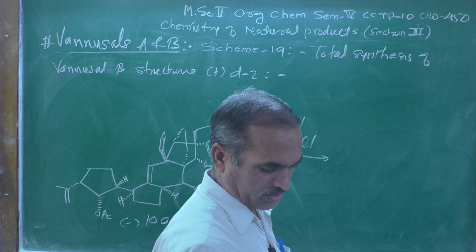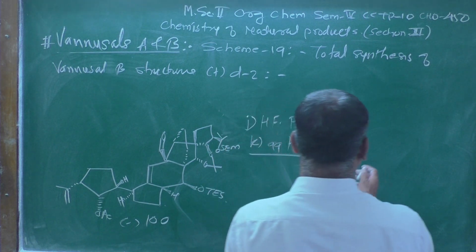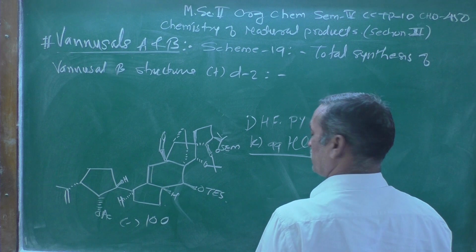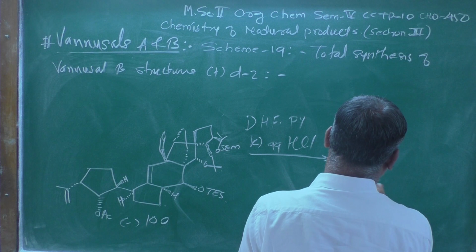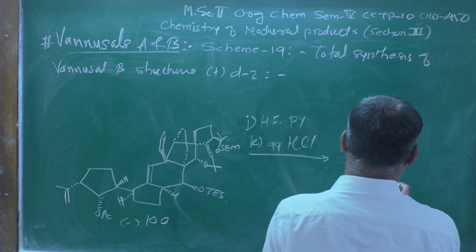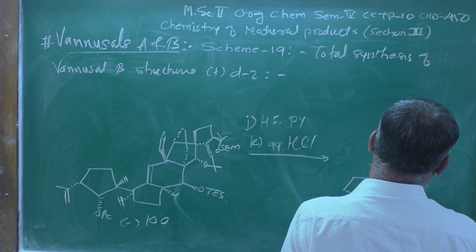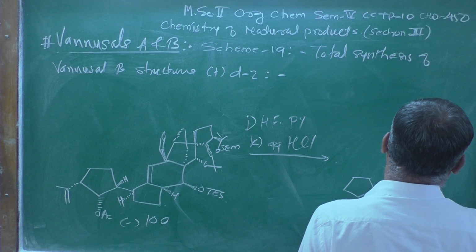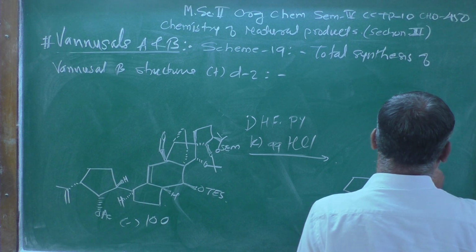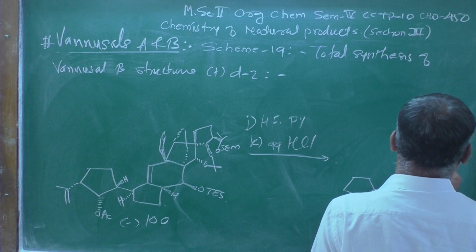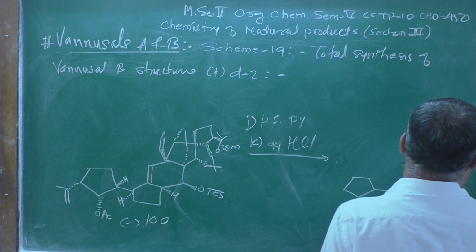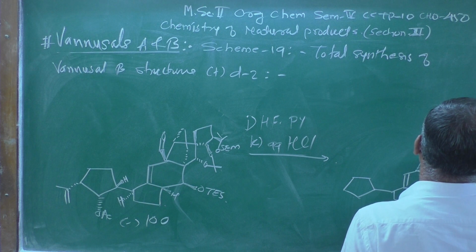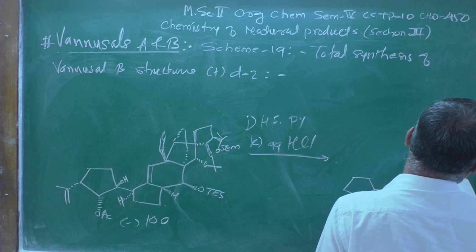After the addition of all these reagents, what are you going to get? You are going to get the structure which is a D2 diastereomer of Van B, and which I am going to represent over here. You can observe this structure carefully. So, this is the structure I am representing over here. This is a 5-membered ring joined over here like this. This is another 5-membered ring. Here another 5-membered ring is joined over here.